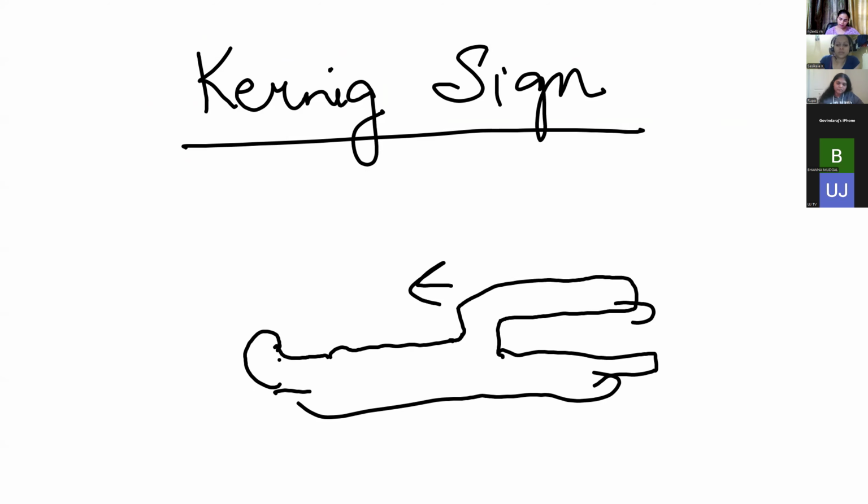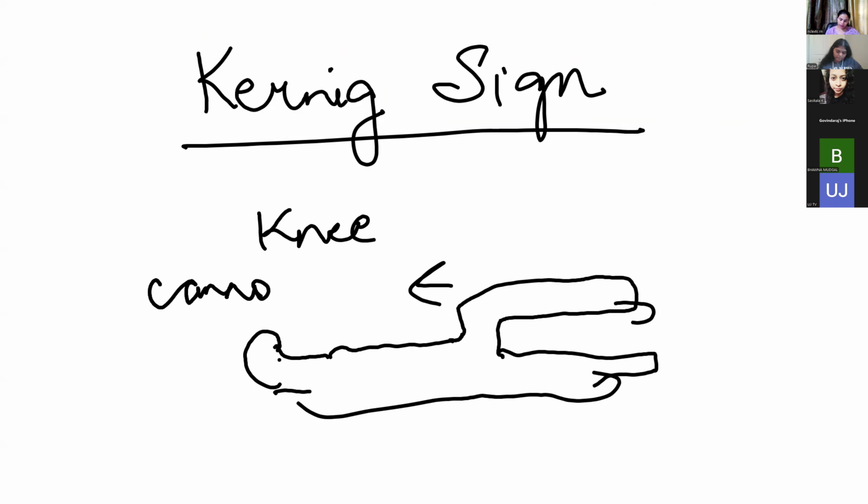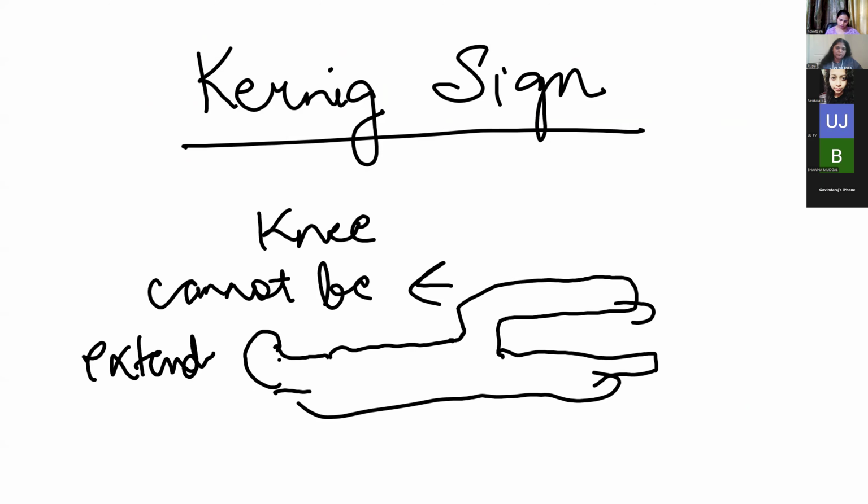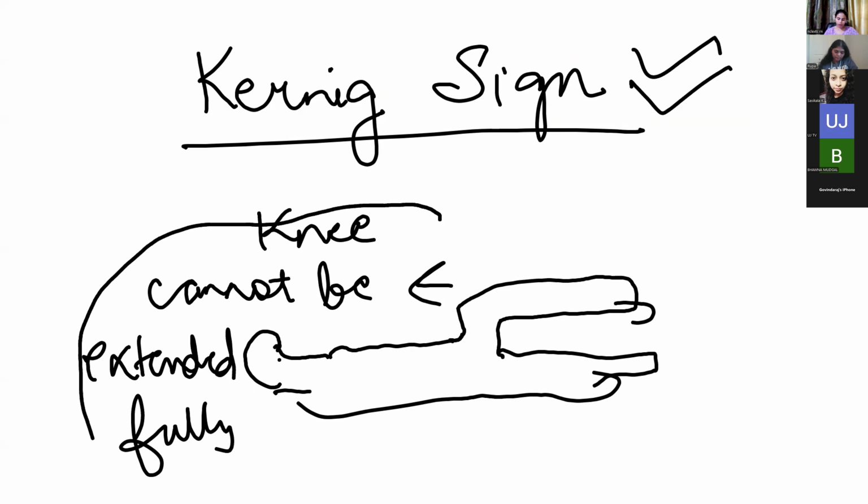This knee cannot be extended fully. You can memorize Kernig sign by one thing. K for Kernig, K for knee. You won't get confused between Kernig's and Brudzinski's. Okay, K for Kernig, K for knee. In Kernig sign, the knee cannot be fully extended, whereas in the other one,